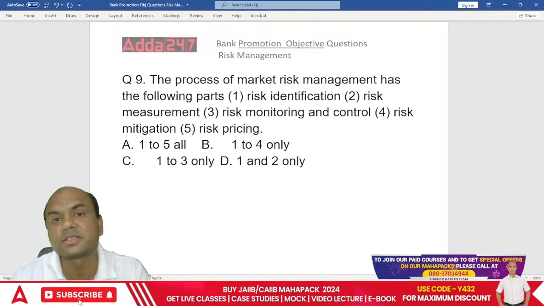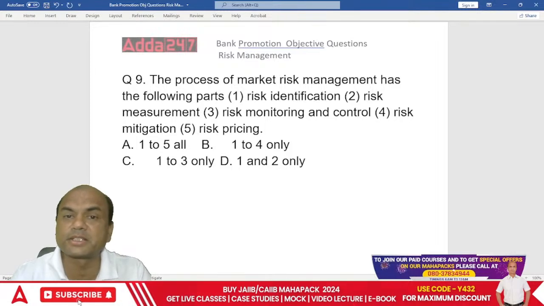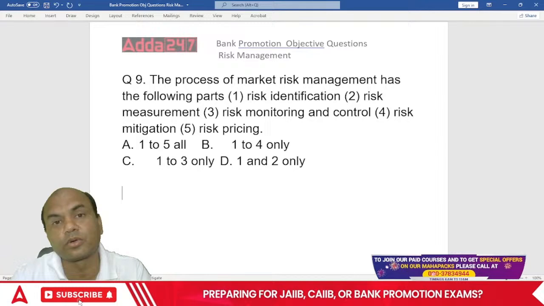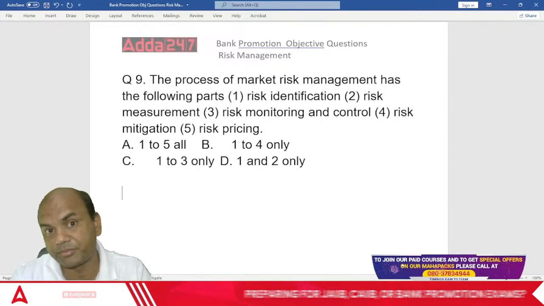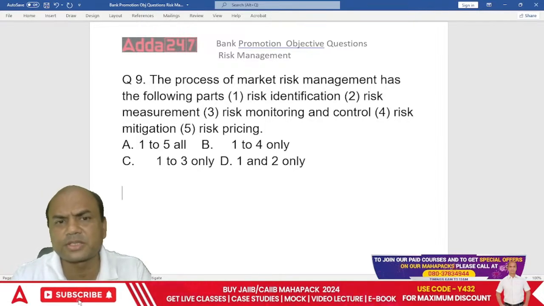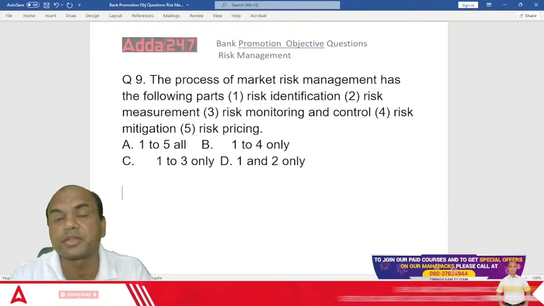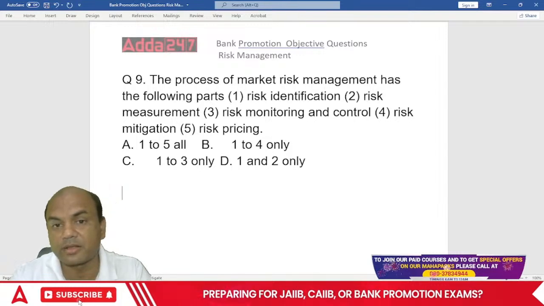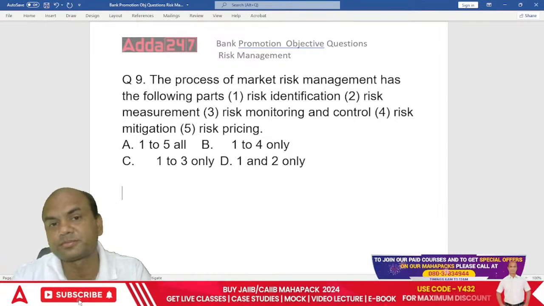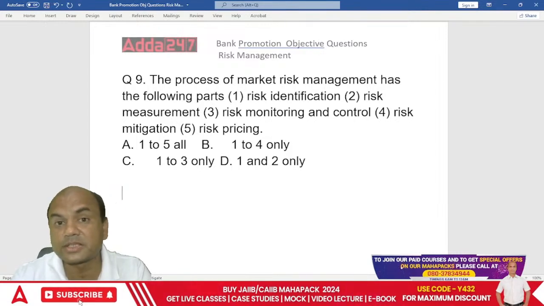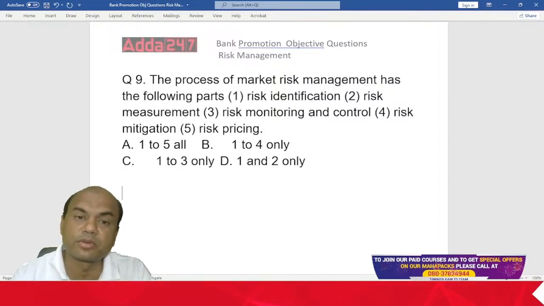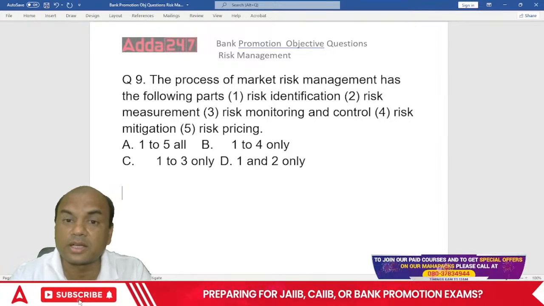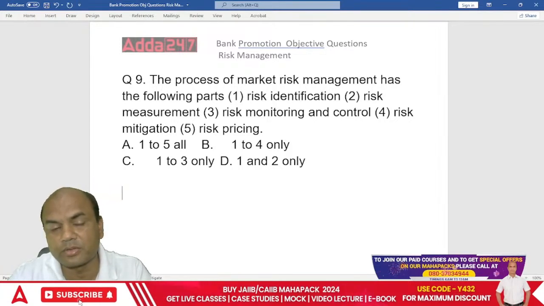Many of us don't know what risk pricing is. Let me explain. What is a CIBIL score? Suppose somebody's CIBIL score is, let's say, 800. Is that customer good or bad? Type in the comment section, everyone. Any customer having a score of 800, it's good. All of you have written good, right?